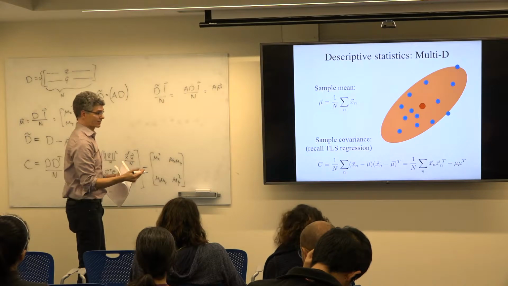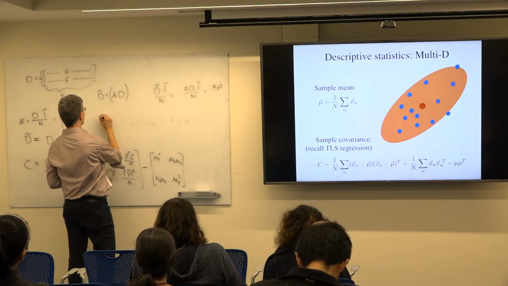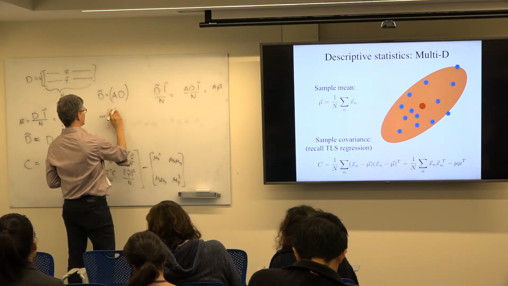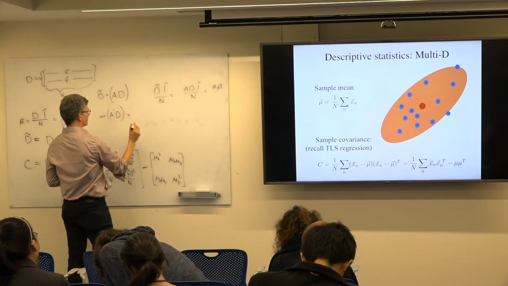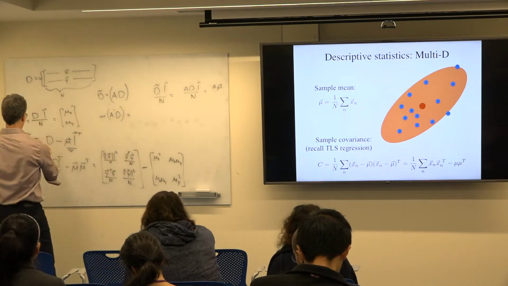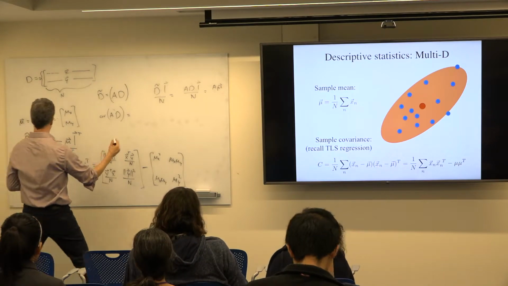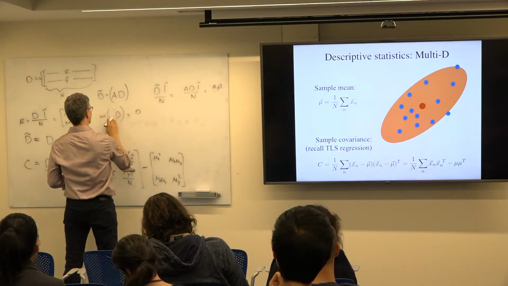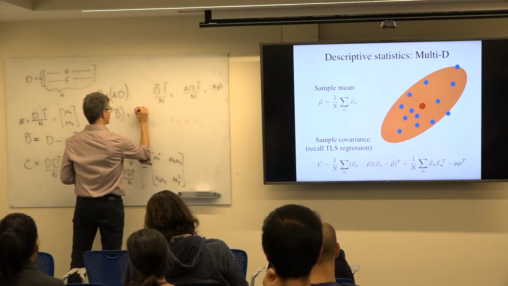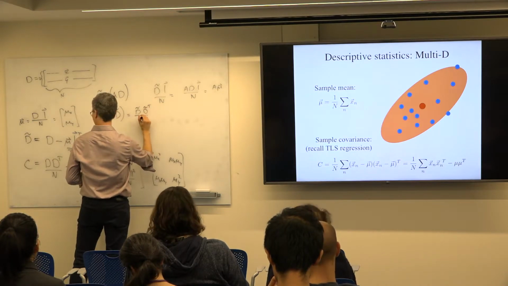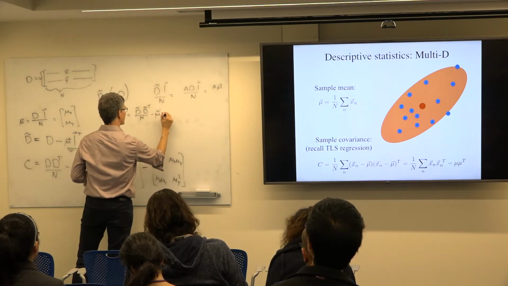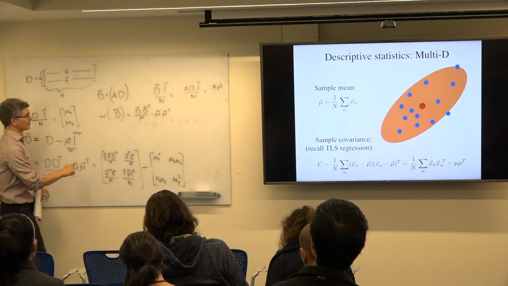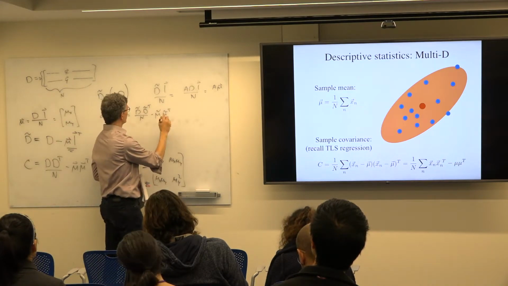What happens to the covariance? Okay, so now I write the covariance of AD is equal to what? Well, I have to do all of this. Well, let's write it out. Let's write it this way. Let's write the covariance of D tilde is going to be D tilde times D tilde transpose over n minus mu tilde times mu tilde transpose. Okay, so I'm just using this formula that we have for covariance. And that's equal to